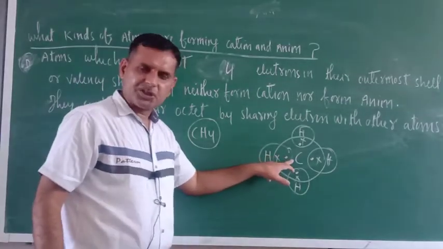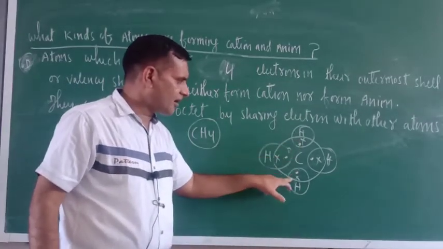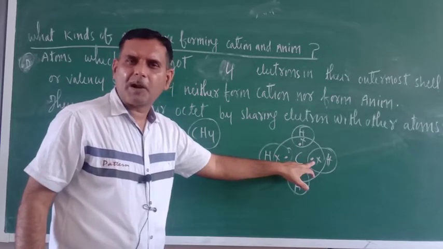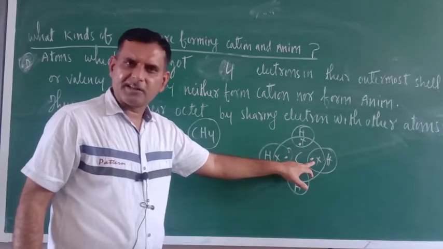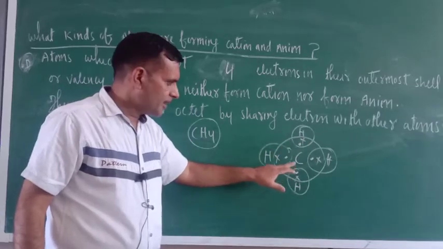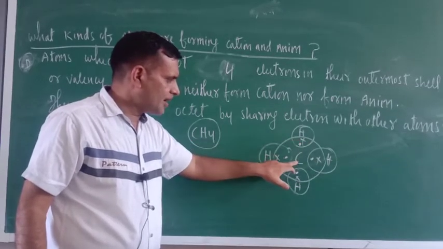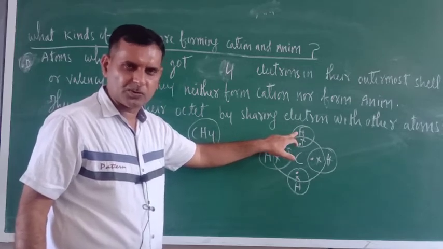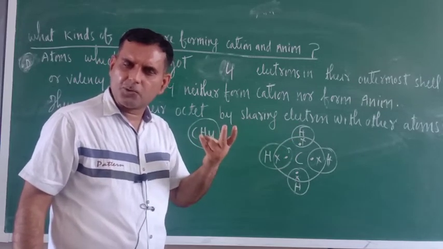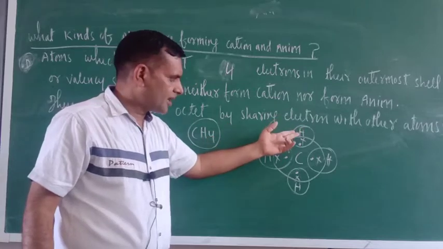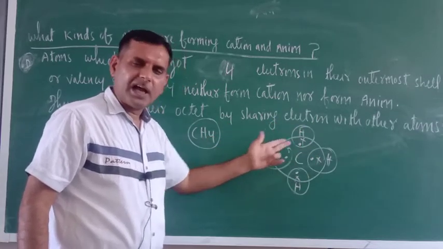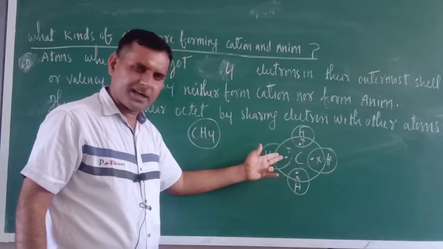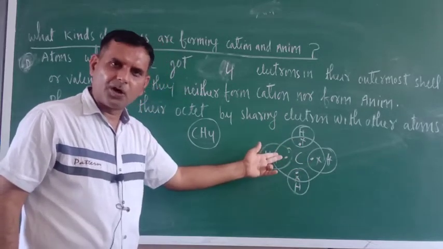Now just see, shared pair: these electrons are called bond pair electron or shared paired electron, and they are not the property of one atom, they are the property of both atoms. Means these 2 electron will be counted with carbon also, these 2 electron will be counted with hydrogen also. Hydrogen requires only 2 electron, duplet, so 2 electron each hydrogen has got and 8 electron carbon has got, 2 4 6 8, correct? Have you got this one or not?